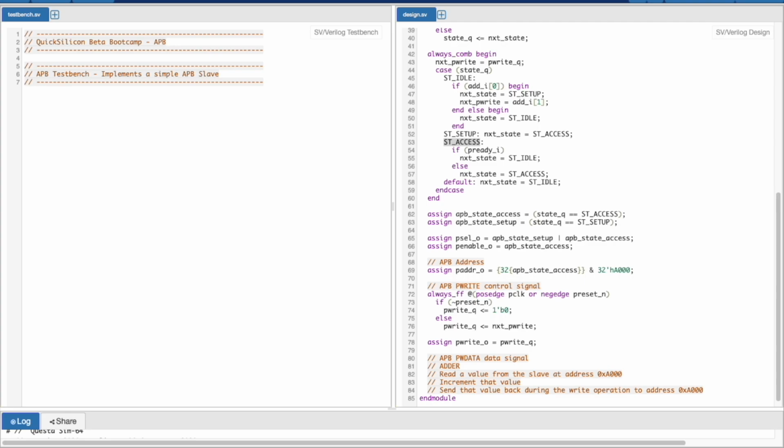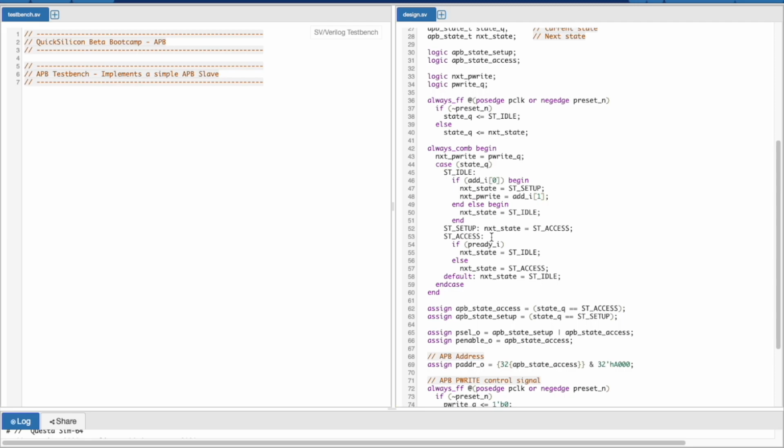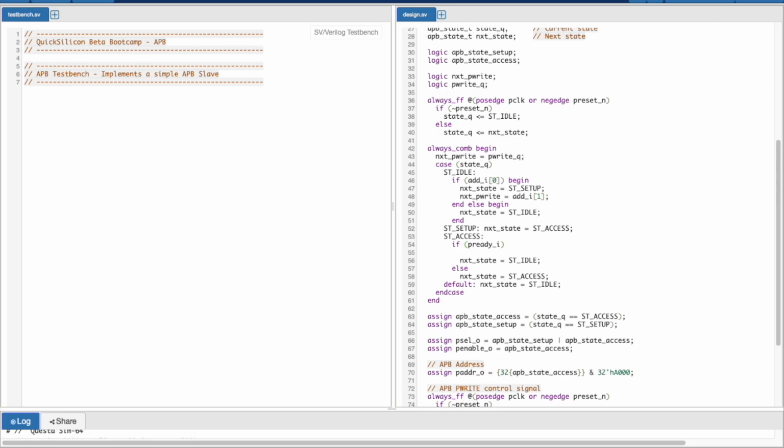How we can implement this is we will need some sort of flops for sure, and we also need to tap the read value. So first let's tap the read value from your slave. Whenever you get a PReady, at this point we should check what is the value of the PWrite signal which we are giving out.